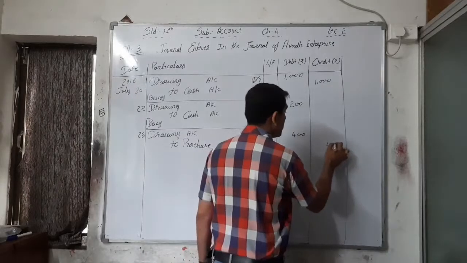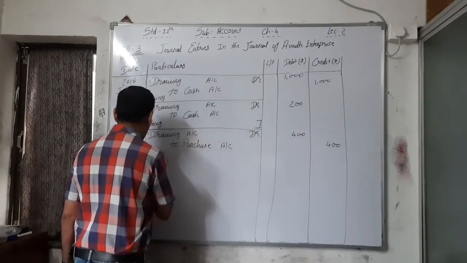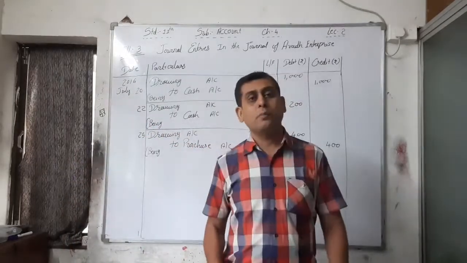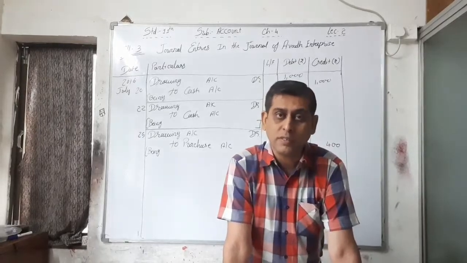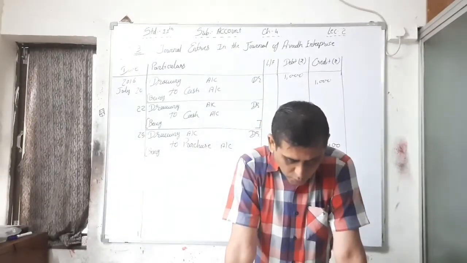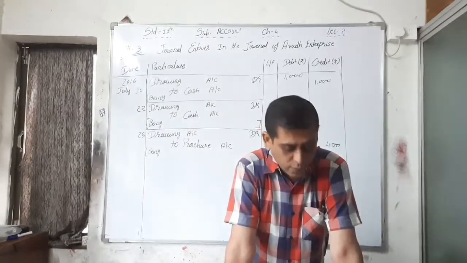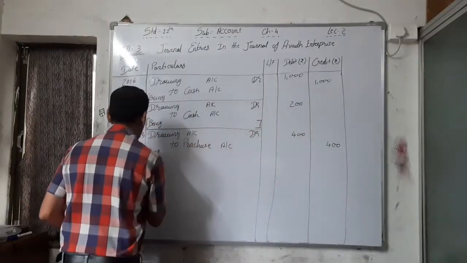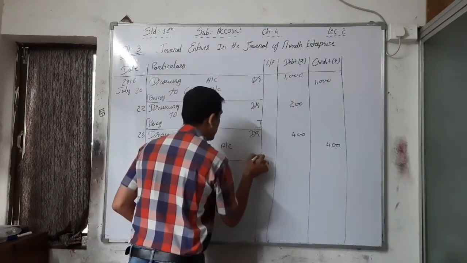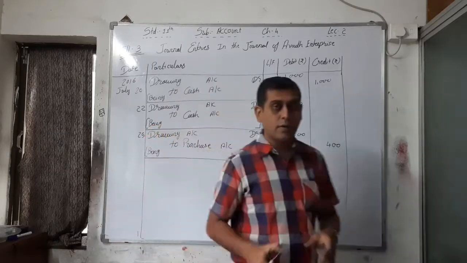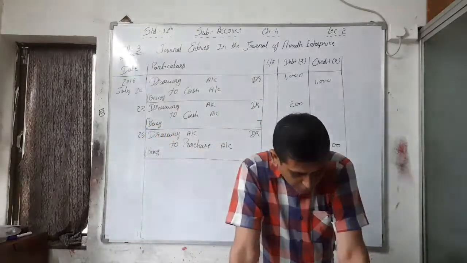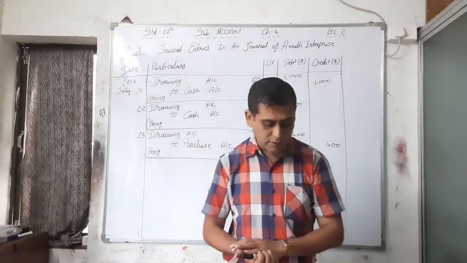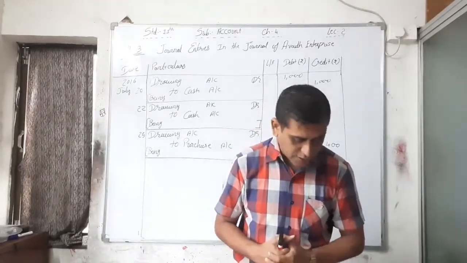Okay, so 400 rupees. And in the narration, we have to write: being goods of rupees 400 taken by the owner for personal use from the business. Goods of rupees 400 withdrawn for personal use by the owner. That is your narration, and the 25th date entry is over, so you have to write one line. And the last one, that is 31st, college tuition fees of his son,